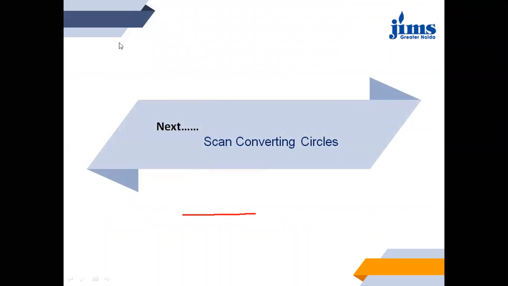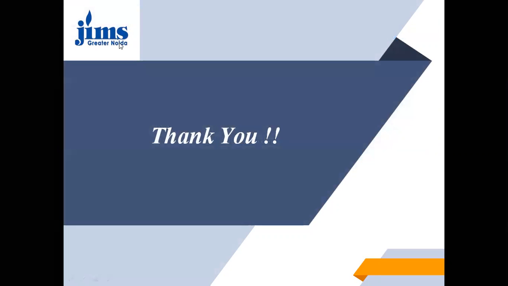So I hope it is clearer than the last lecture, because we discussed the same thing in a different manner. Today we discussed scan conversion for a line. In this we discussed two methods: first DDA and second Bresenham's line. In the next lecture, we will discuss scan converting a circle, that is, how we can find the next point in the case of a circle. Thank you.